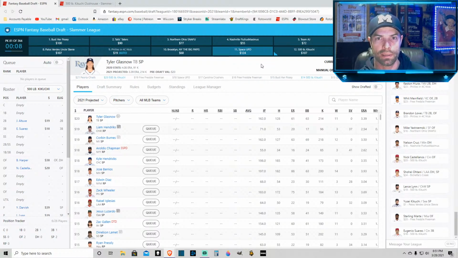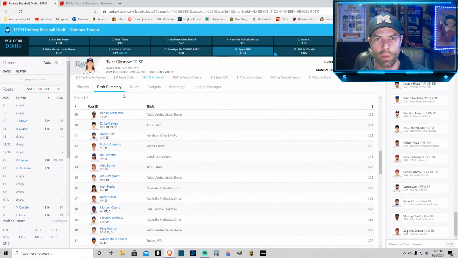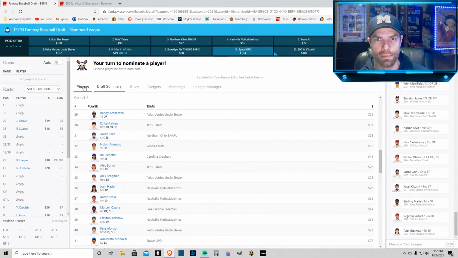Okay. I was willing to go 20. He's probably worth 30 compared to everybody else that went that high. I mean, let's look at who got drafted. How do we tell? Draft summary. It'd be nice if I could just find pitchers, but